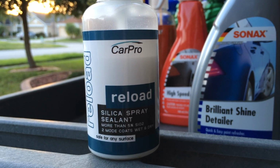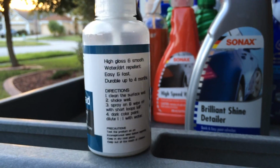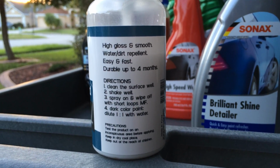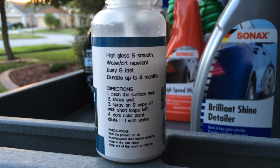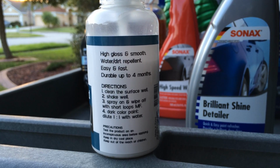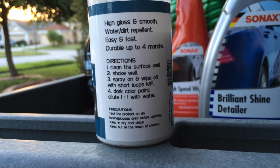It's gone through a couple different variations. And CarPro's been around for about 6 years now. They started out with their A quartz paint coating and they later changed the name to C quartz. And they designed Reload to complement their paint coating. So a spray sealant that would help maintain the shine and gloss and also the hydrophobic behavior of the original